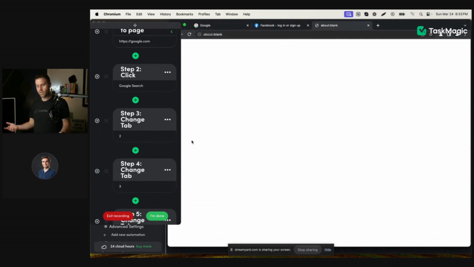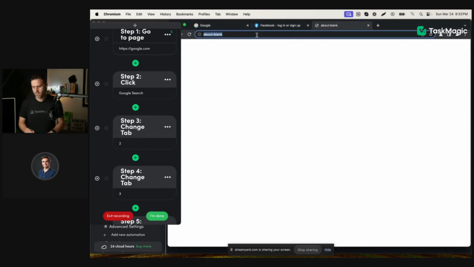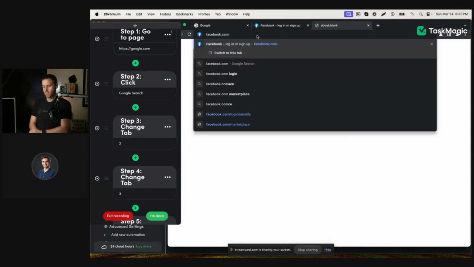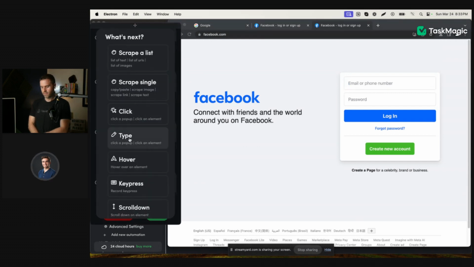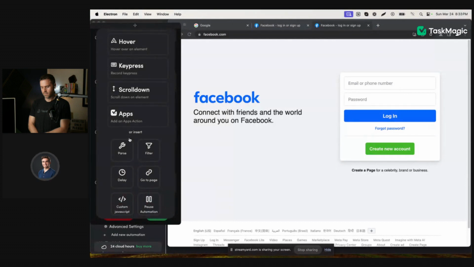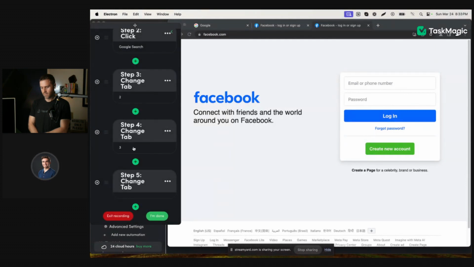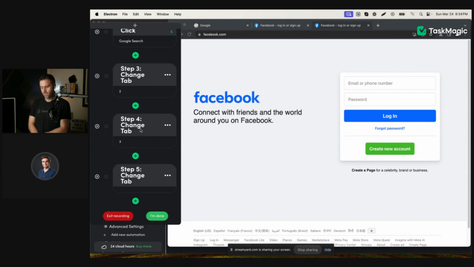That's cool. And that's because we have no, this is always the default page, about blank. That's just how websites work. So what we would need to do is after we change tabs, we can obviously enter a URL here and enter whatever we wanted. And then we would want to add that as a go to page step by clicking plus and go to page. So you might need to handle the first website of that tab when it loads because it's not like